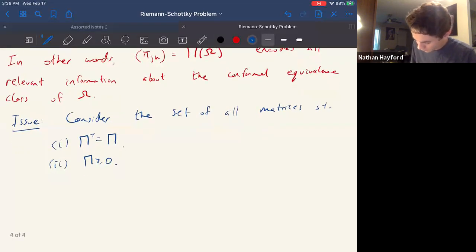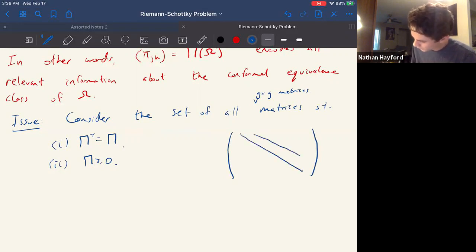Well, by an easy count, if they're G by G matrices, the positive definite condition doesn't reduce the number of parameters at all. It just picks a sub-slice of the set of G by G matrices, but the symmetric condition does. So how many parameters are there in a G by G symmetric matrix? Well, there are G on the diagonal, and then G minus 1 more up here. So there are G here, and G minus 1 over 2 more over here. And anything on the lower diagonal is just repeated. So there are a total of, so the dimension of the space of these matrices, real dimension,